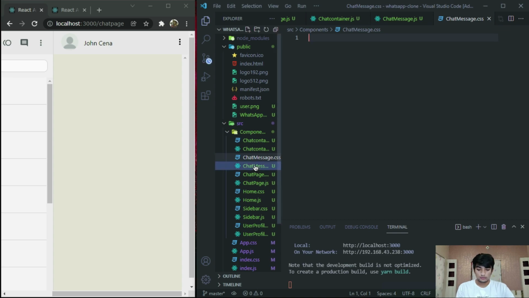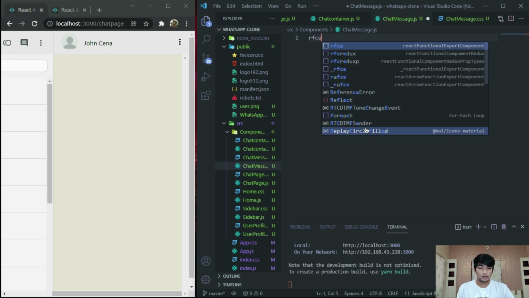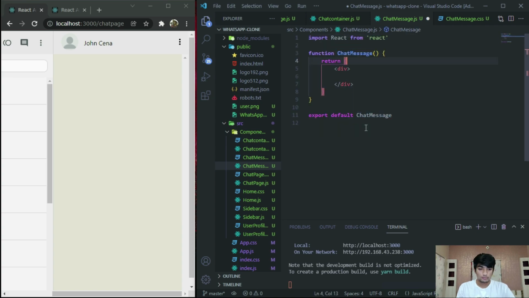So for now go to ChatMessage.js and type RFC boilerplate, provide class name chat message,